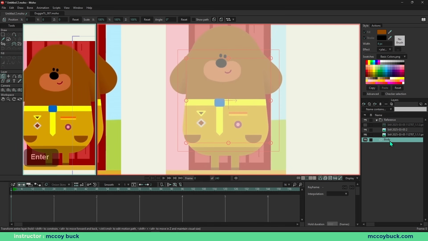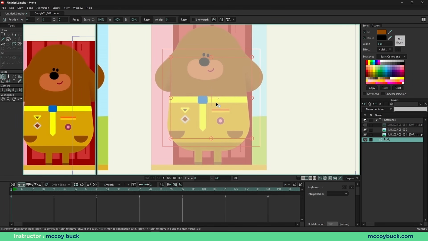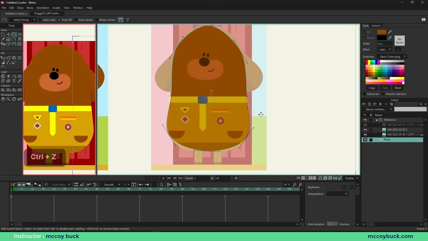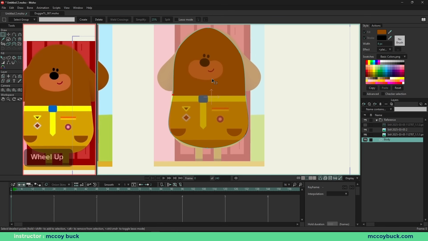I'm going to name this body. The first thing that I like to do is either take a shape or a design and center it perfectly within the canvas. So I'm just going to go ahead and do that. So I'm going to use my add point tool, and I'm just going to quickly sketch out the points here. Okay. Right now, I don't even need to worry about this being perfect, because what I'm going to do first